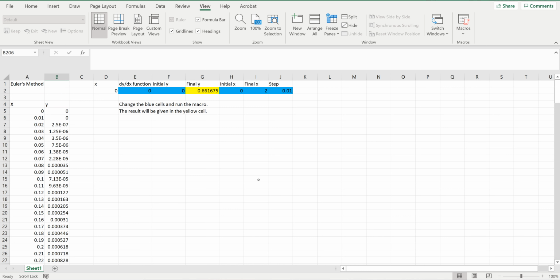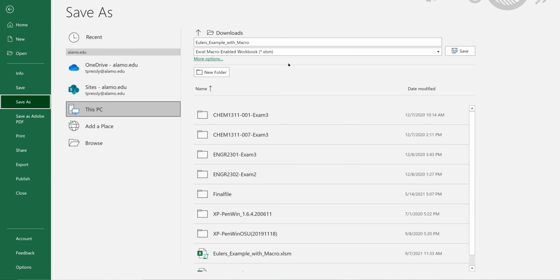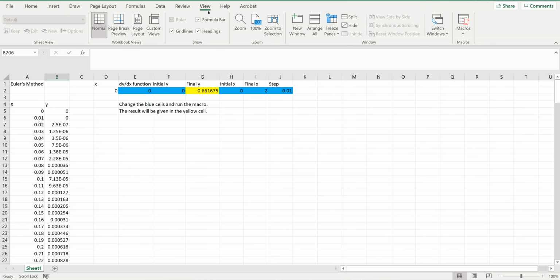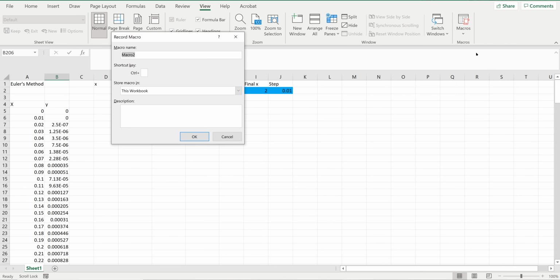So now let's look at what we could do if we're going to do a macro. So the first step with the macro is to go to File and do Save As, and make sure that you're saving it as an Excel macro-enabled workbook. So it'll be the .xlsm. I've already done that, so I'm going to go back. And then you go to View, and then under View it says Macros, and then you click on Record a Macro. So I'm going to do that and give it a name